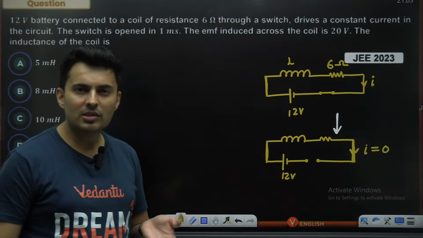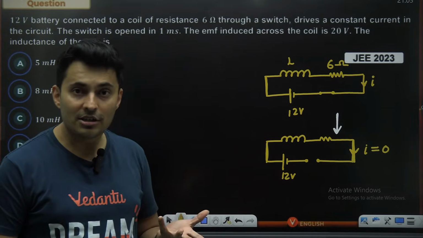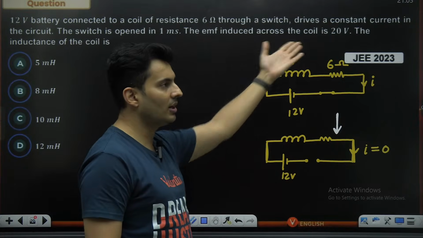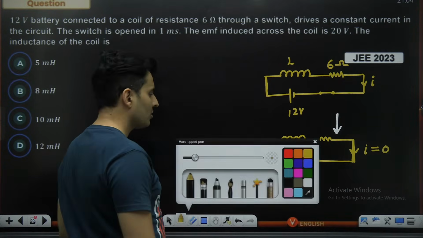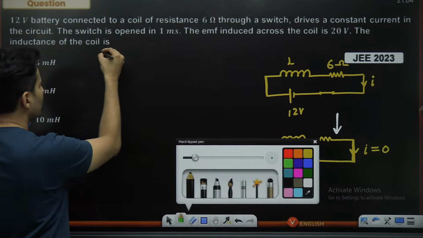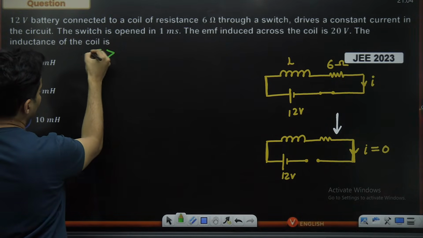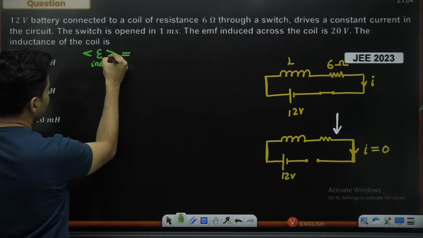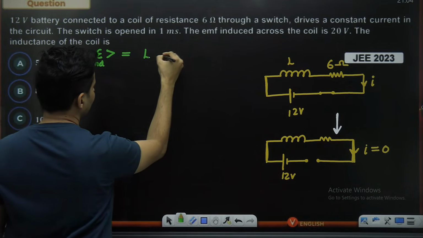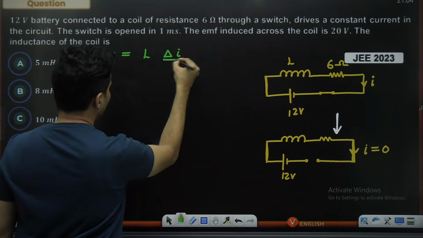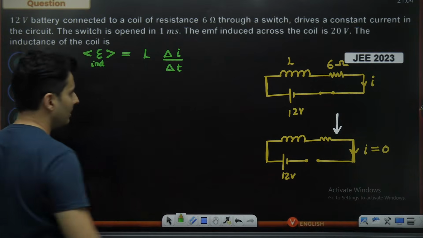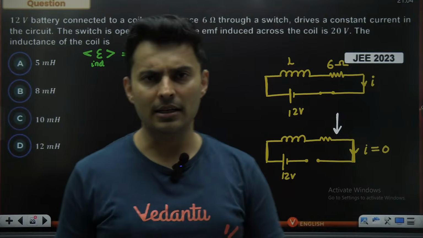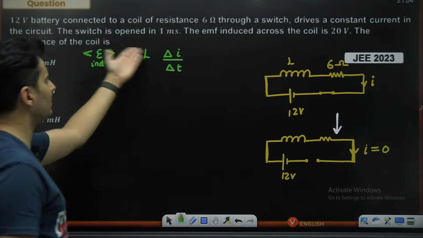I feel in this process, the current has changed. So EMF has been induced. And the EMF induced in the coil is already mentioned, which is 20 volts. So I think again we have to stick to our original thing. The average EMF which will be induced, the symbol of triangular brackets means average, is inductance into big change of current in that decently large interval of time. 1 millisecond is not dt, it is delta t. That's why I'm using average symbols over here.